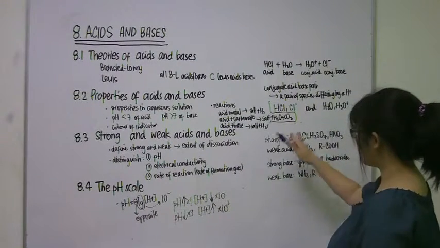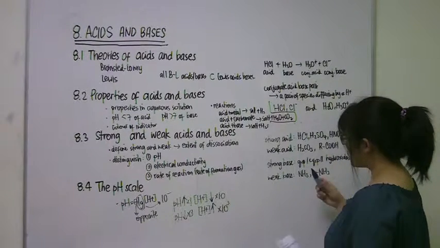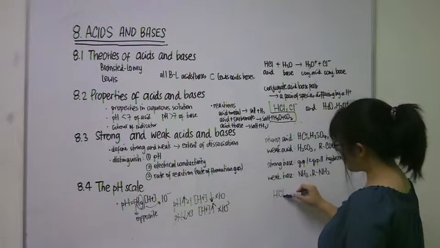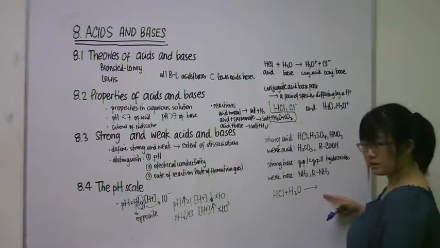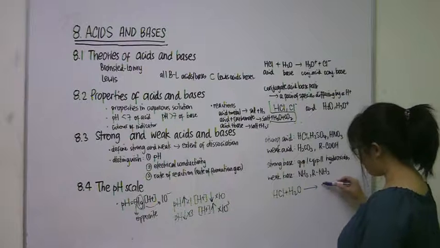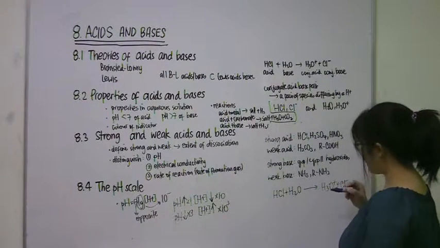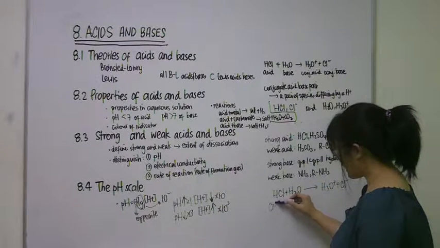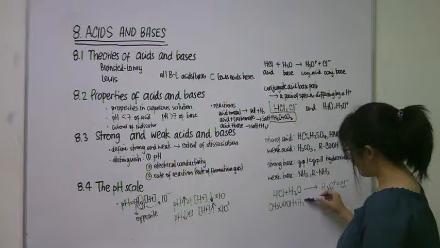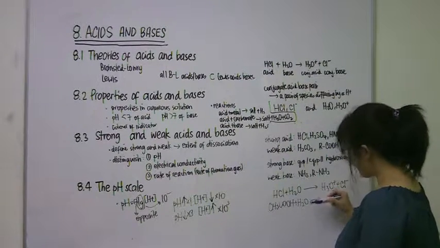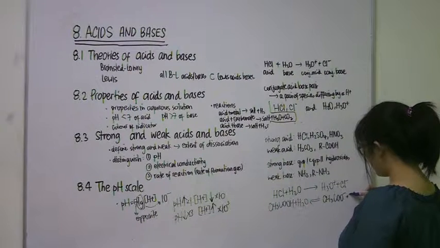Basically they need to know this and they need to be able to write the equation. They need to know that when you use a strong acid in reaction with water, very important, it will be a single, straight arrow and the product. But if you're using a weak acid in reaction with water, it will be a reversible arrow because the dissociation is not complete and the